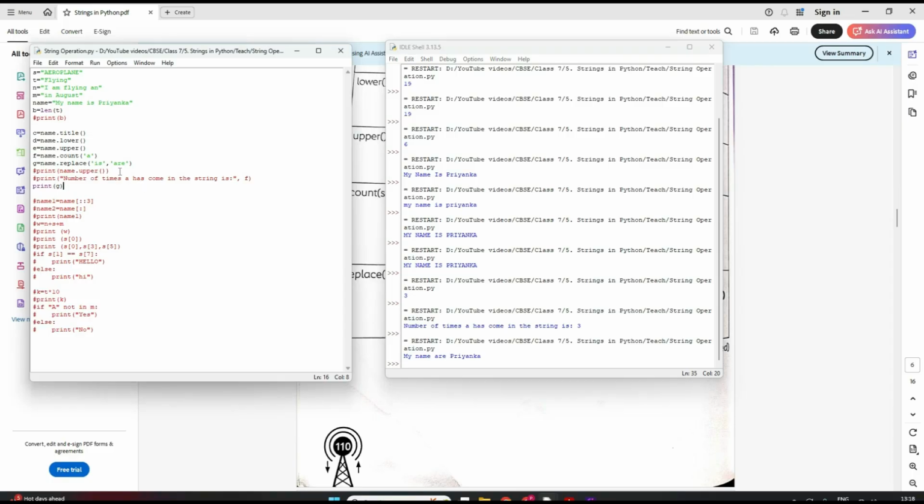Got it now, right? Now suppose I want to just replace one character. You can do that also. Like here, wherever A is there, I want to replace A with R. So wherever I have that particular character, it will all be replaced with R. Now see, everywhere where A was there, it got replaced with R. Okay? Clear? I hope it's clear, right?